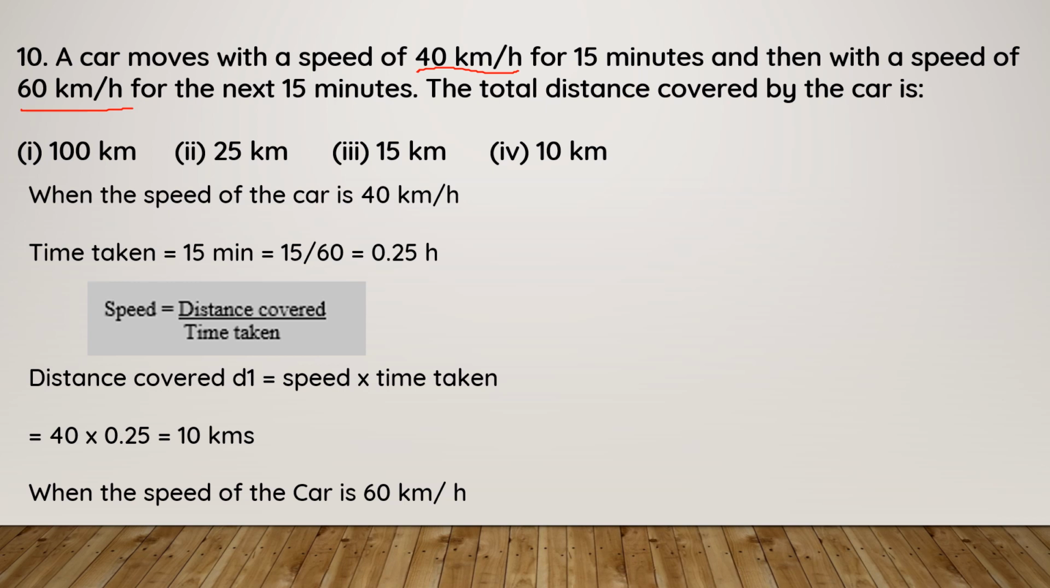See here, 40 km/h has hour and here it is minutes. So what do we have to do? We have to convert these minutes to hours. So 15 minutes to hours. How will we convert minutes to hours? Divide by 60. So 15 by 60 equals,